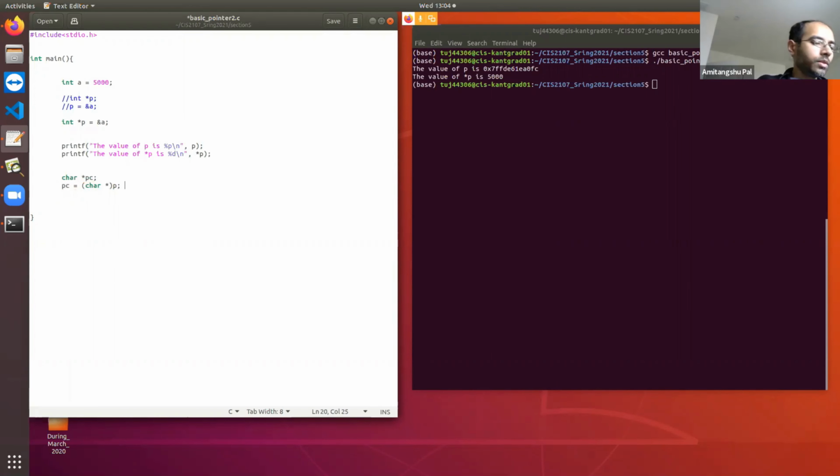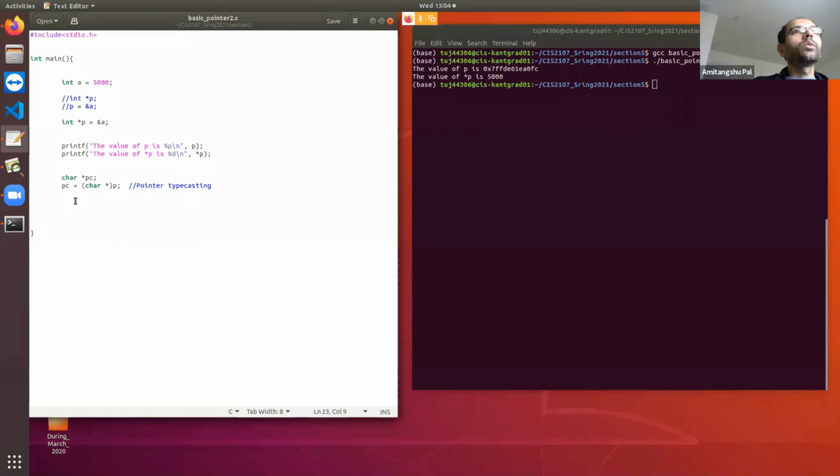This is called pointer typecasting. Clear? Okay. So that means pc will point to the same starting address, but pc will only point to 1 byte.